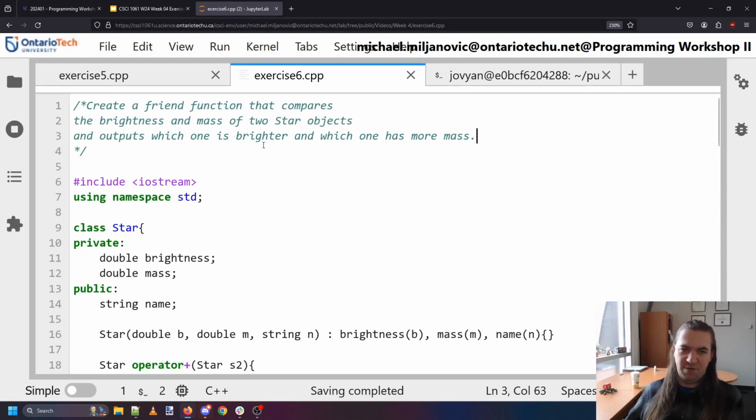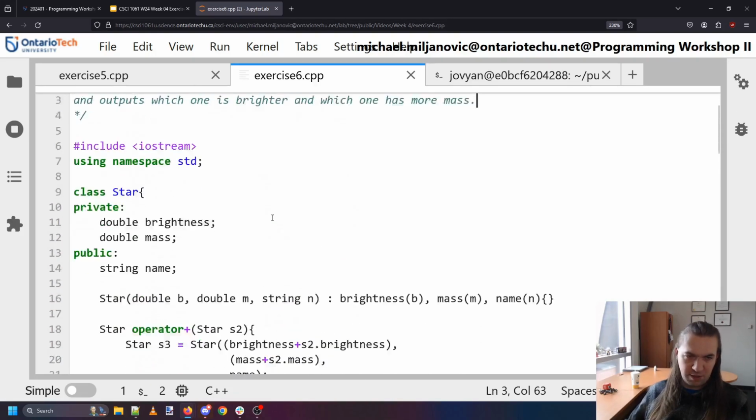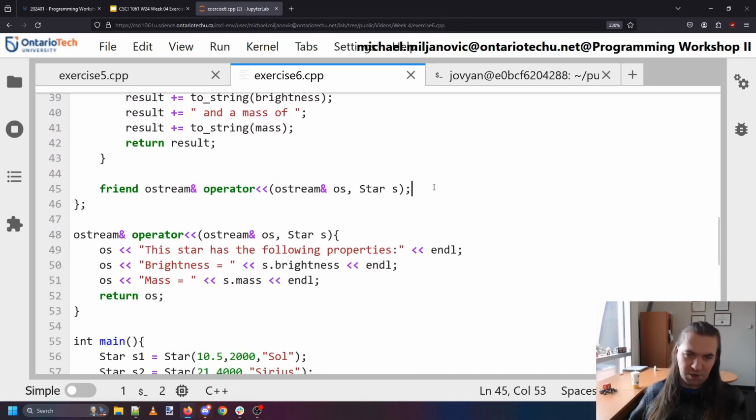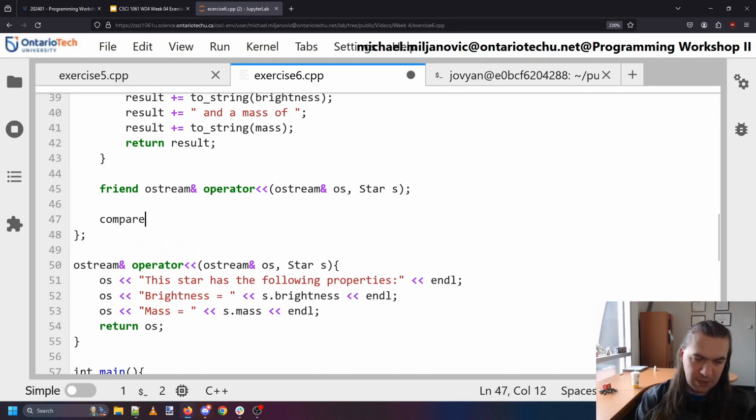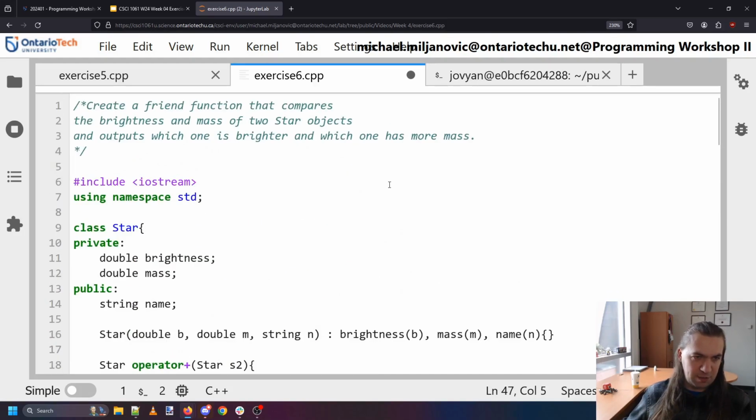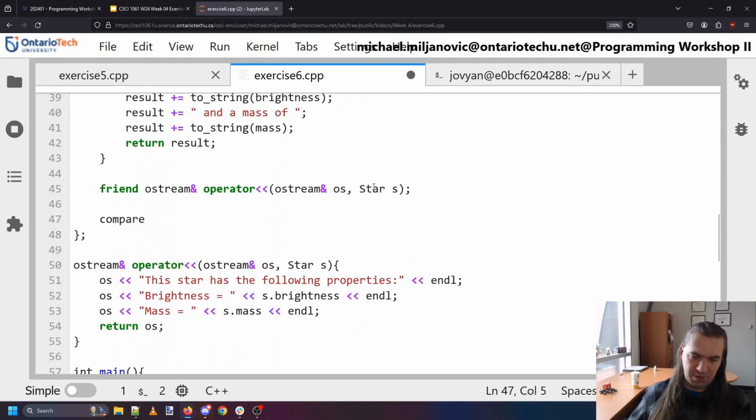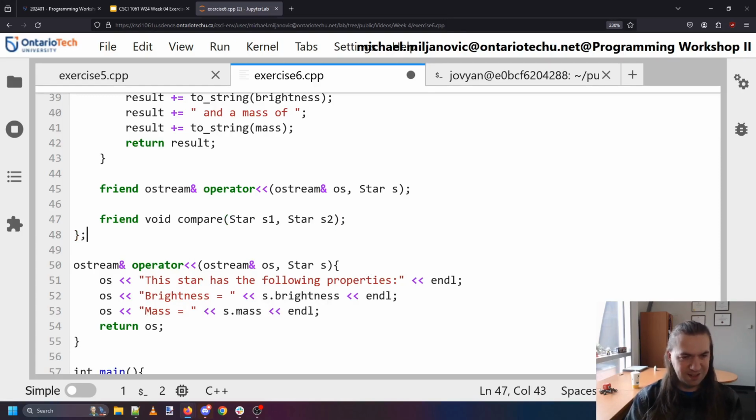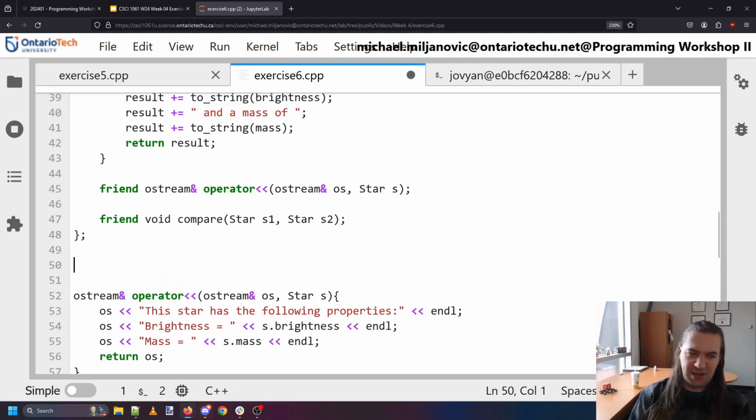Okay, so I'm making a friend function that's going to do some comparison of two star objects. So I'll call it compare, I suppose. It says it's going to print out things, so it doesn't matter if it returns anything, but it does say it's going to be a friend function. It's going to take two stars, S1, S2, and now I will define it outside of my star class. So this is a function called void compare,